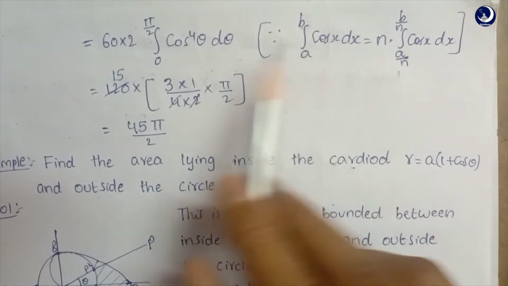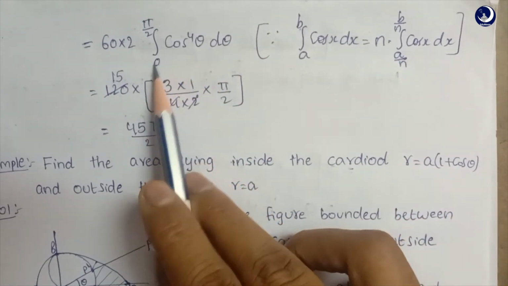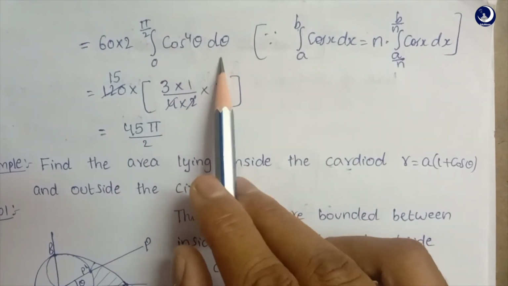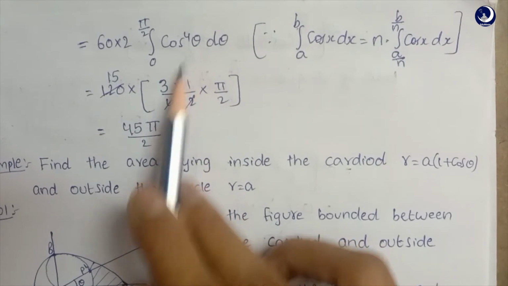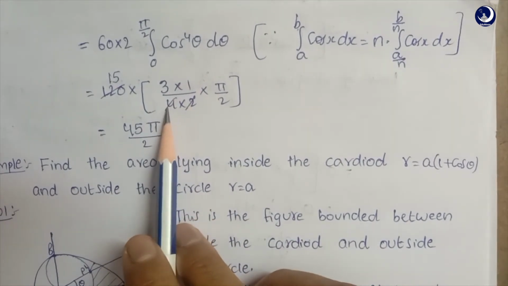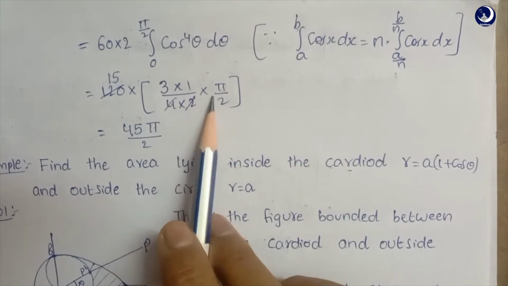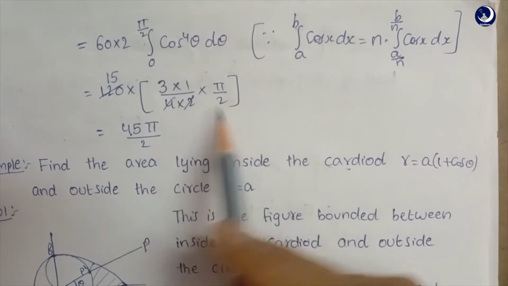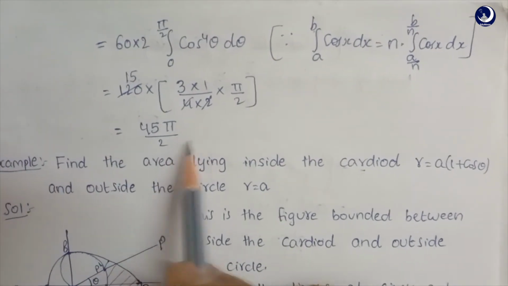By solving this formula, we now get the equation integral 0 to pi by 2 cos power n theta d theta. Now we substitute the formula, then we get (4 minus 1) into (4 minus 3) into 1 by n into (n minus 2). That means 4 into (4 minus 2) into, here 4 is even, so we take pi by 2. By solving this, we get 3 pi by 16.